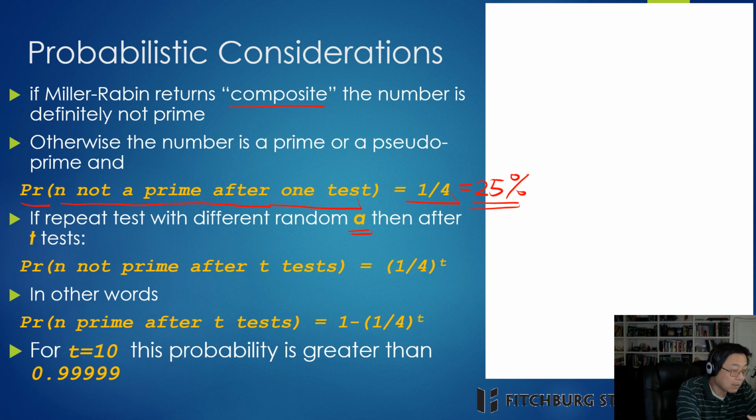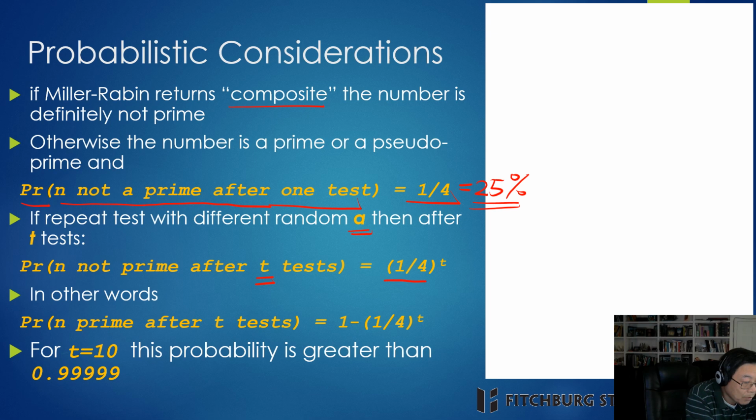In the second test, Miller-Rabin still returns maybe a prime. Then we try a third test and a fourth test. We continue to apply the Miller-Rabin test. If all the tests return maybe prime, then we find the probability that n is not a prime after, let's say, t tests